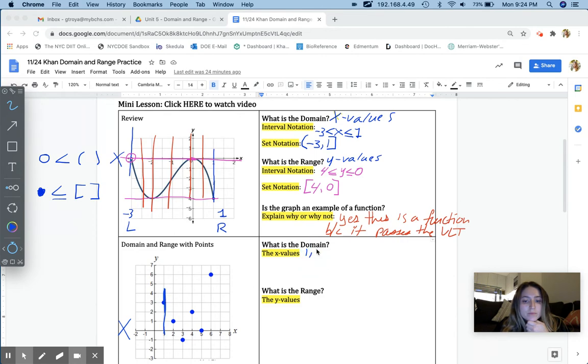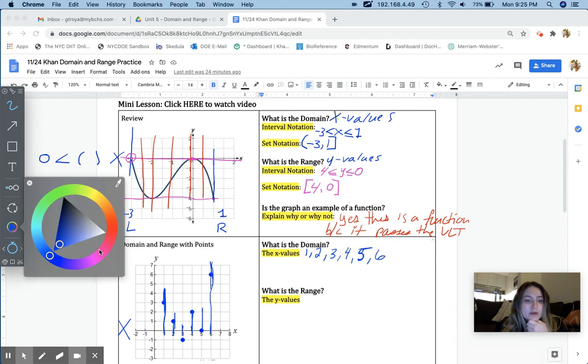2, because we have a 2 here. 3, because we have a 3. 4, 4 here. 5, we have a 5 here. It's weird 5. And we also have a 6. 6. And then my range, if I'm looking at my y values now,